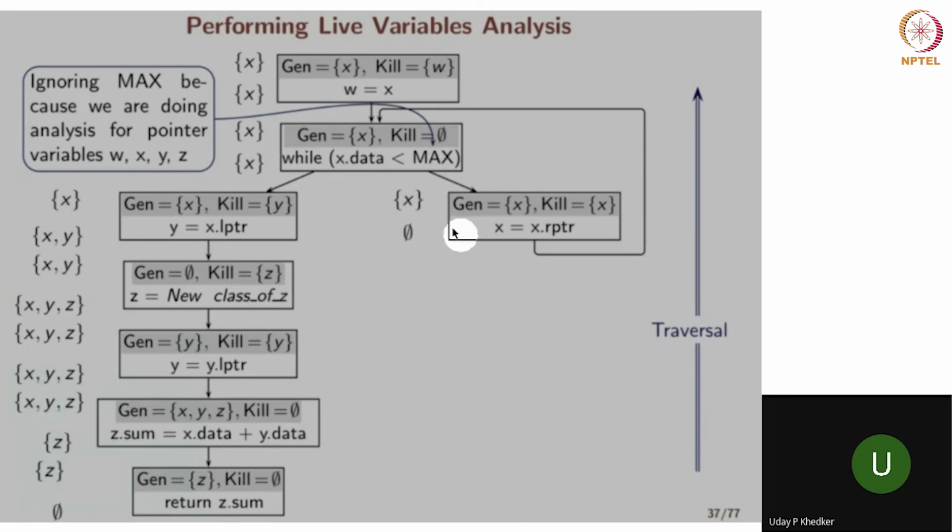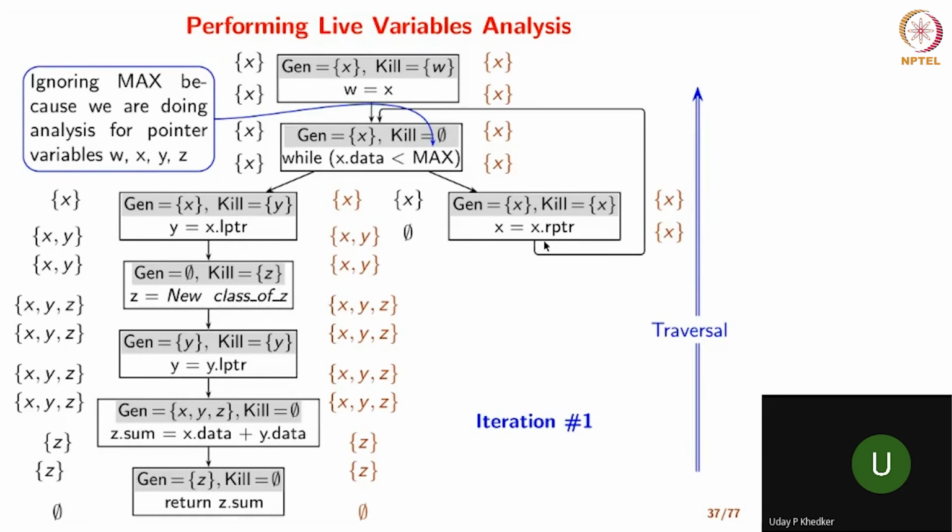So we have to now redo this. We have to perform one more traversal over this control flow graph. This is the result in iteration 1, and this is the result that we get in iteration 2. So the things that are in brown are the values that we get in iteration 1. As we would expect, the only change could be in the part that is affected by the loop, that is contained in a loop, and therefore we get X.